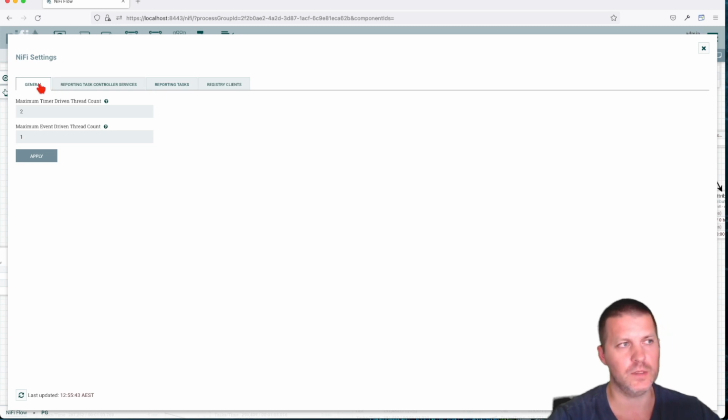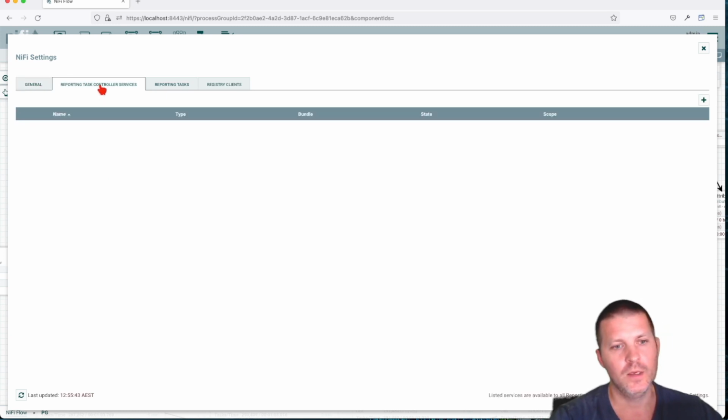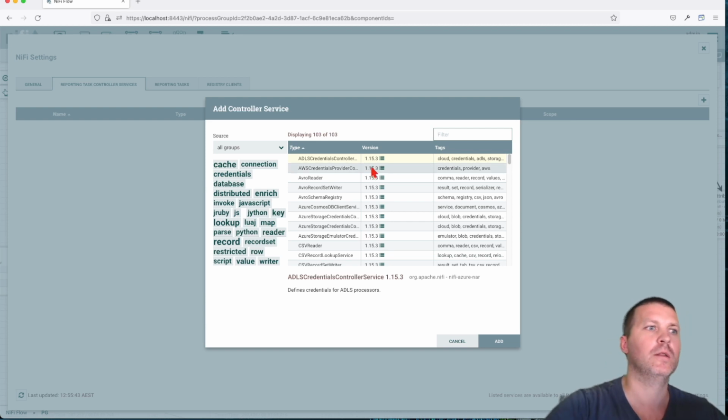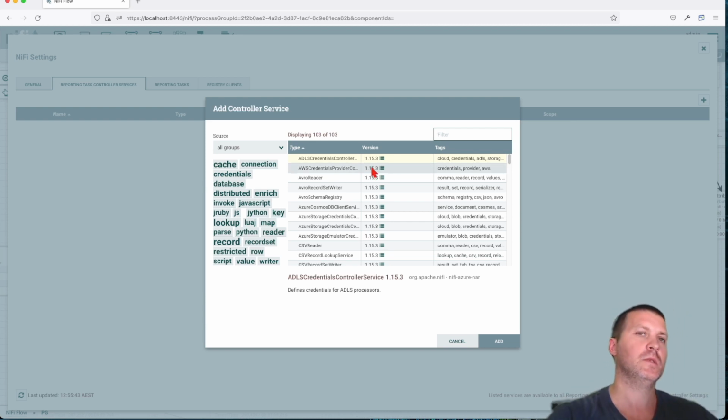Now here we have, this is in general. Then we have reporting tasks and controller services. These are sort of black boxes or components. You see you have this plus sign here, so you can go and add. There are multiples; you have 100 controller services. A basic controller service would be a